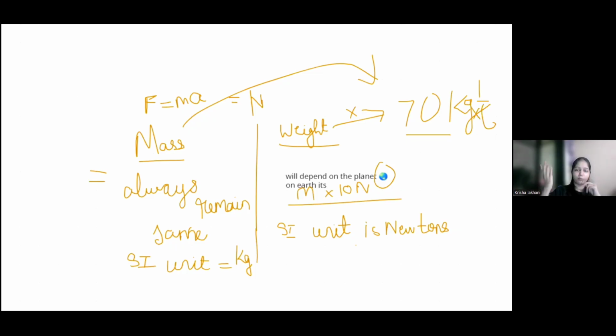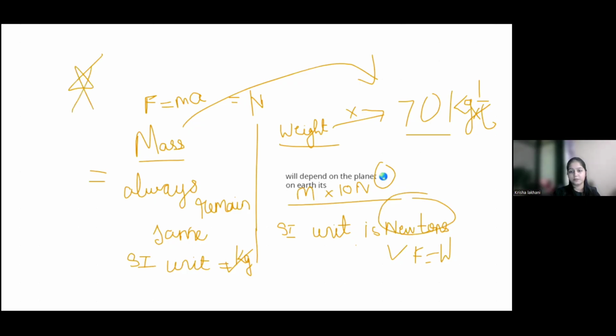That is why you can jump on the Moon, whereas you cannot jump on Earth. You can, but you are on ground level only over there. Okay, this is the concept, and the SI unit of weight is Newton. Means force is nothing but weight. You are going to learn this in the next chapter itself. So before that only, I'm giving you this example here and making you understand this. Okay. So mass will always be in kg and weight will always be in Newton. I hope this point is clear to you.